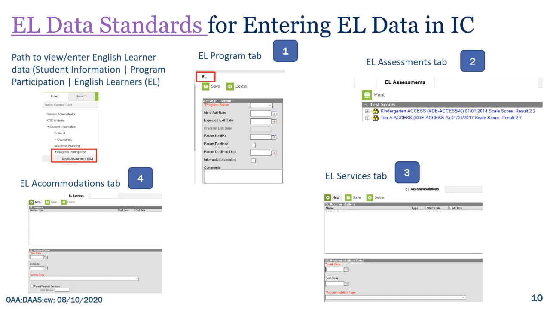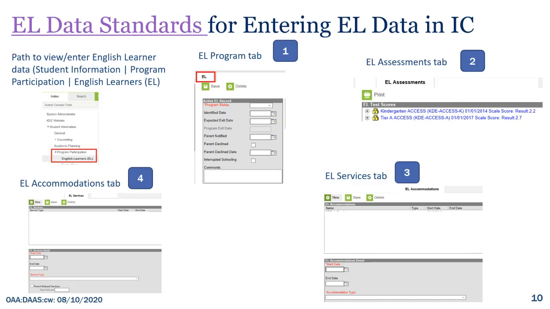But for the Office of Assessment and Accountability and for the Kentucky Department of Education, Infinite Campus is our place for our data, because that's where we pull from. And we pull from the state edition of Infinite Campus, not where the schools and districts enter their data. Because what you put into Infinite Campus should roll up to our state edition, and then that's what we use to pre-populate your rosters for you, also to pre-populate some of the SDRR for you, as well as pre-populating WIDA AMS when it comes to ACCESS testing,